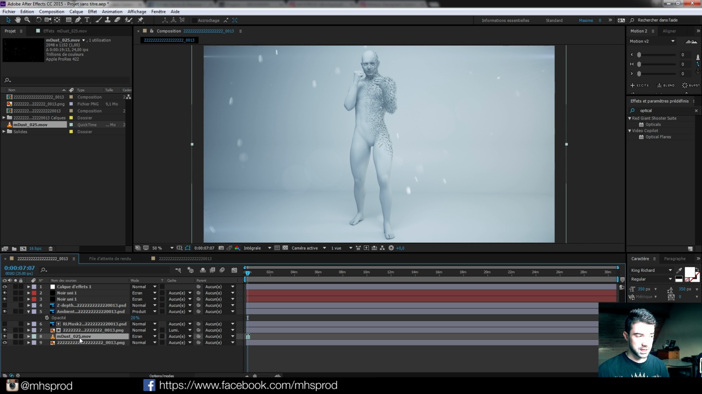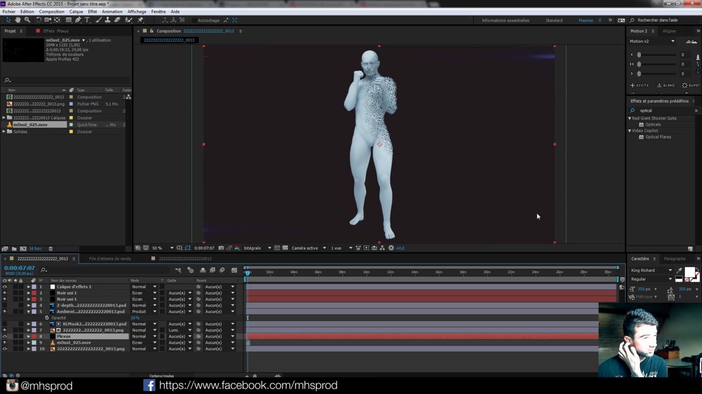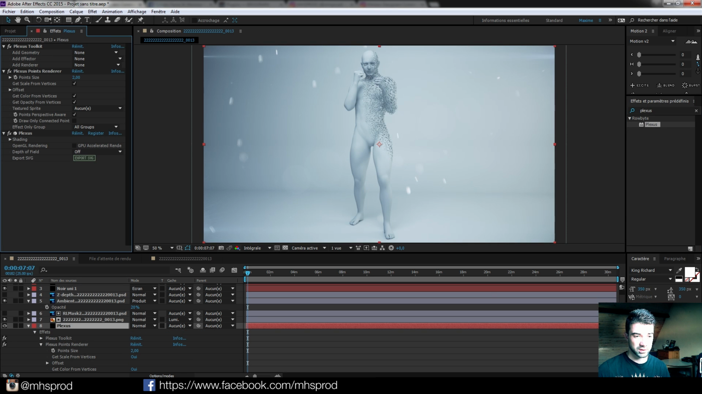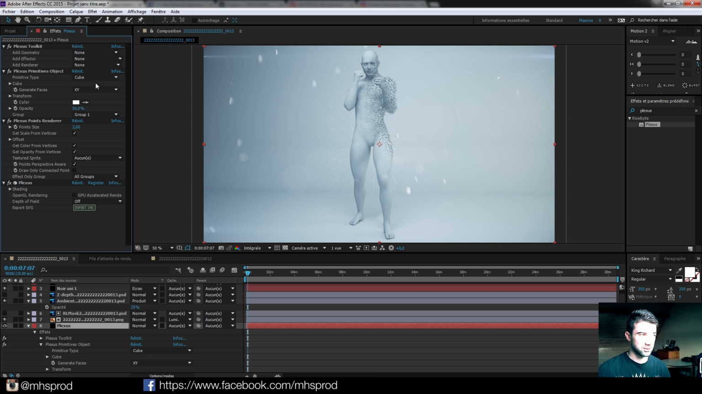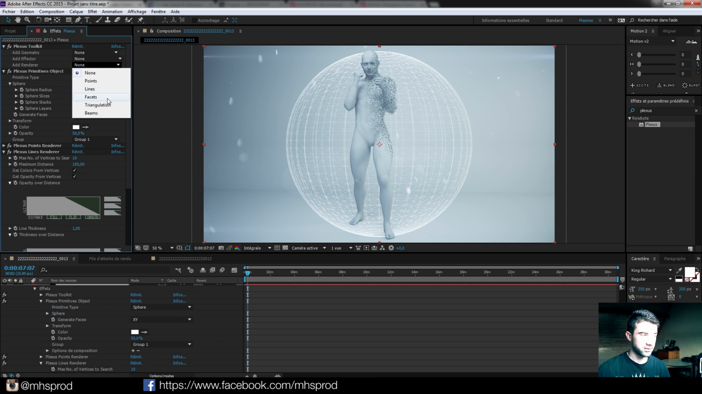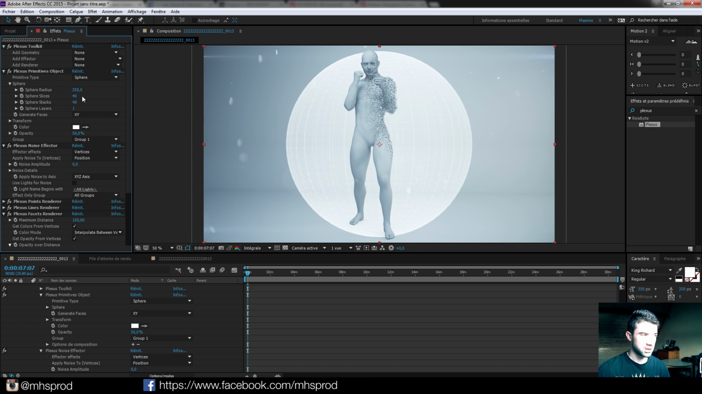And then I will add a solid and add the plexus effect. I hope you have it, because it's a very nice and not so expensive plugin if you do videos like lyrics videos or things like that. It's very nice. And I will add a primitive, a sphere primitive that you can see in the background, and I will add lines and facets renderer. And now I will add noise and